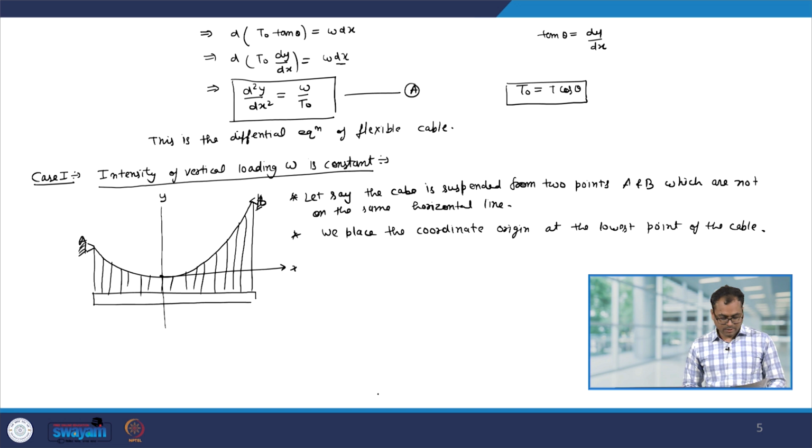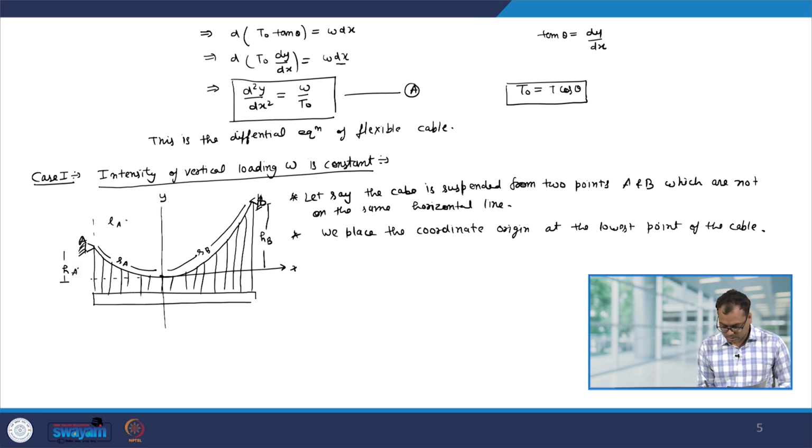Now, let us say the height of point A is h A and the height of point B is h B. This distance is S A and this distance is S B. Similarly, let us say this length is L A and this length is L B. And as I said, W